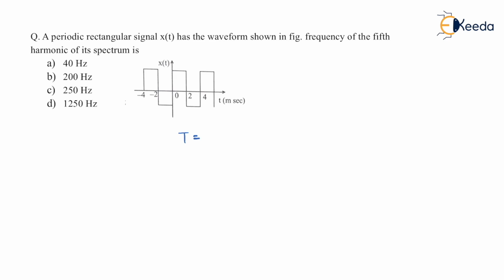So let's see the time period over here. It is 4. And not only 4, it is 4 milliseconds. So this is what I'm actually talking about as a time period, right? That is, the positive half and negative half make one cycle. And the duration of this one cycle is 4 milliseconds. So noting down the unit is also equally important. So from this T, I can get omega directly, where this omega is called the fundamental frequency, which is given as 2 pi by T, or it is 2 pi over T, where T is 4 milliseconds, that is 4 into 10 to the power minus 3.